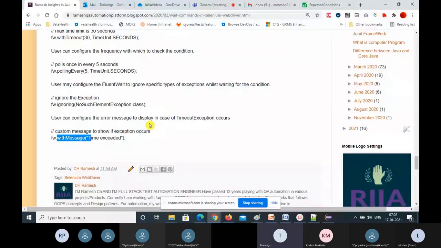So we have automation scenarios. First you have to prepare the automation scenarios, and design your test cases using these methods. Let me show you first how to design, so that you can get familiar with how we write the code in real time. This is the way you will approach.